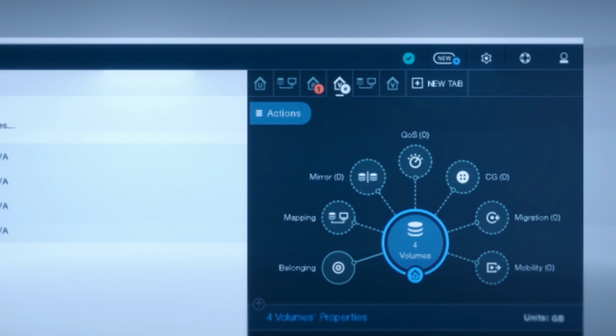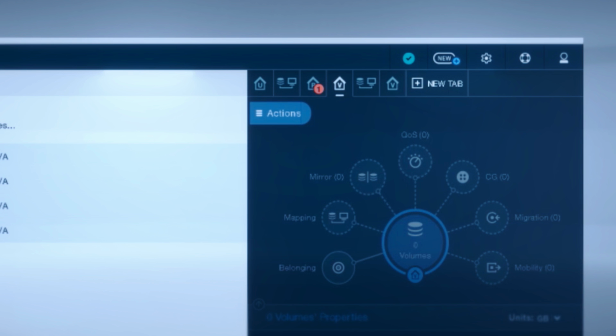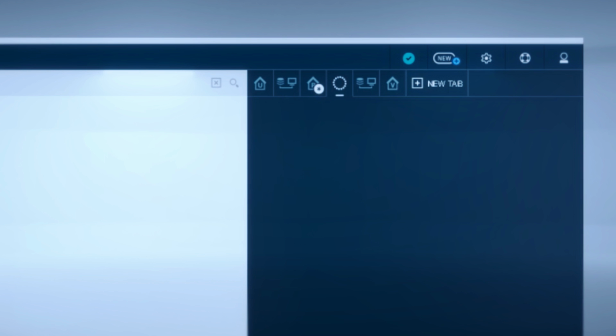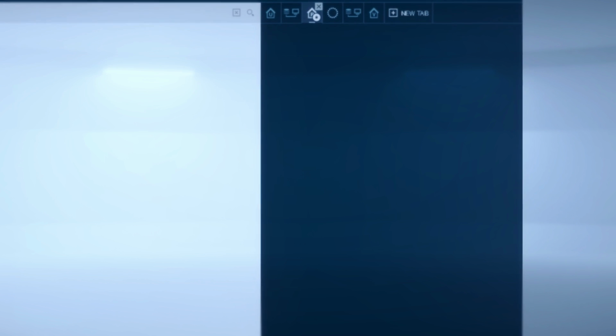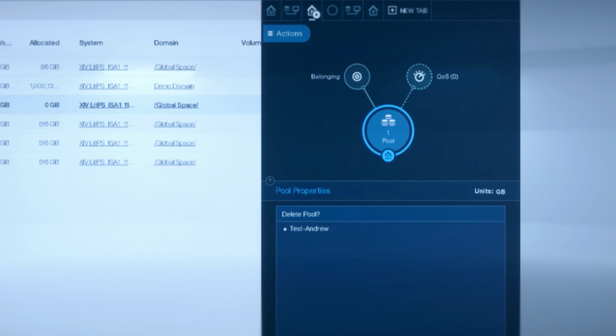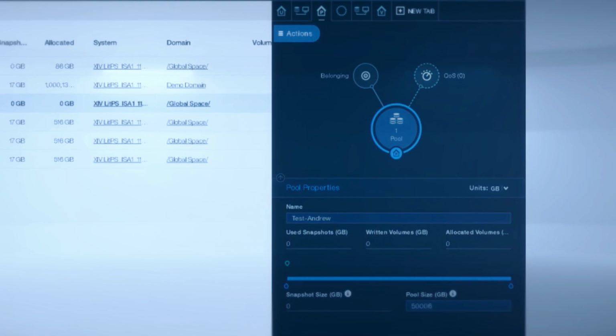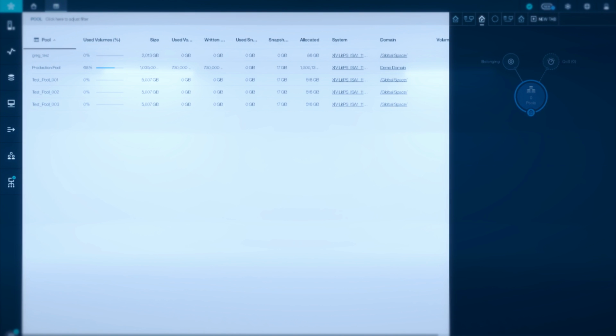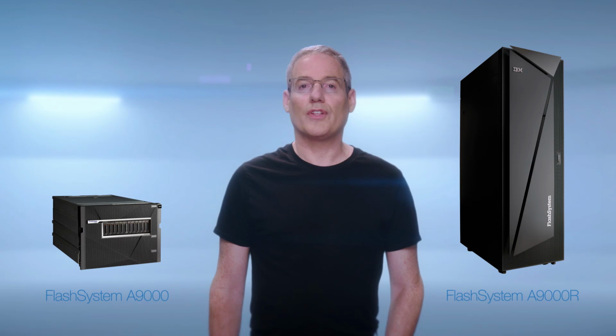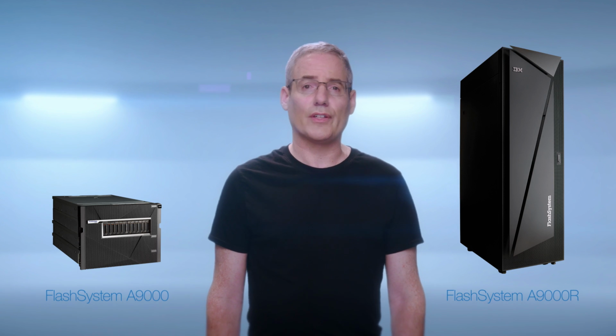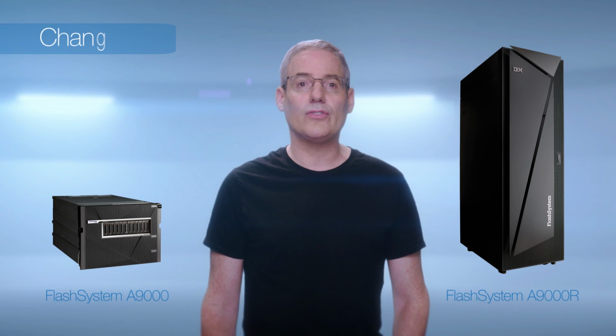More importantly, now that this volume is deleted, you can go back and get rid of the pool because all those preconditions have been removed. As you see with the tabs, it automatically opened up, but we do not lose context or my focus in any of those tabs. The new management interface for the FlashSystem A9000 set of arrays allows for quick and easy changes,